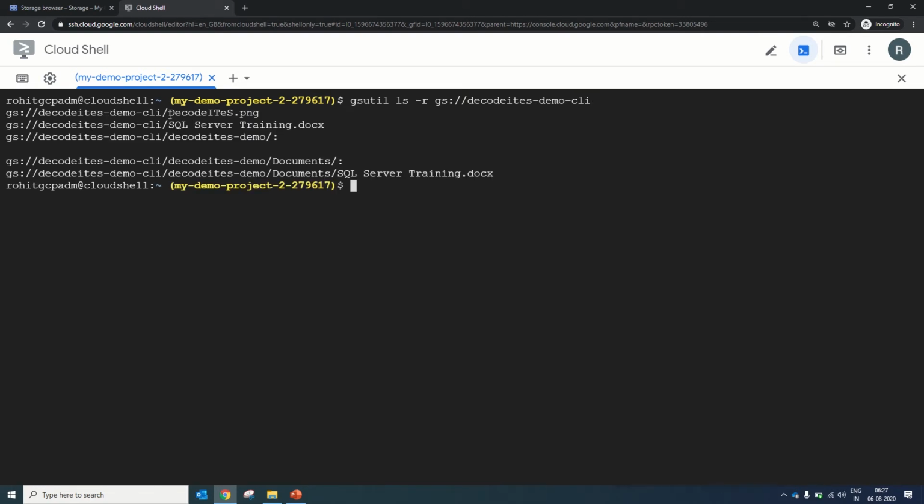You can see we have one decode-its image file available here in the root of the bucket, and one document is also available in the root of the bucket, and the same document is also available inside the document folder. So let's run the same command with -a.